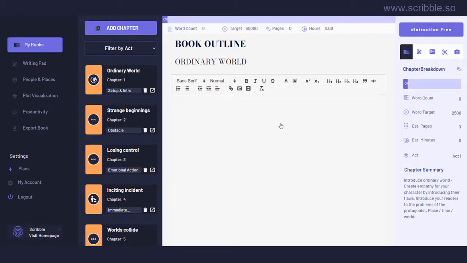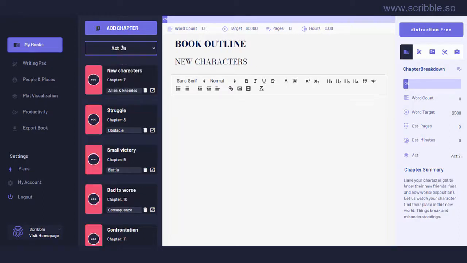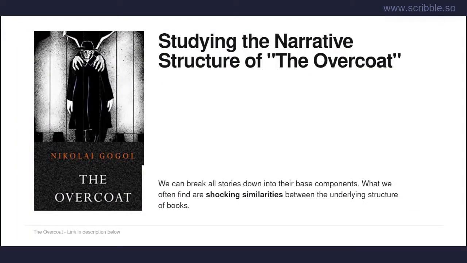Now notice that I have 24 chapters added to my story, which give me a basic structure which I can use as a jumping off point for the creation of my entire book. Now, I mentioned previously that this template is specific enough to give you guidance, but general enough to give you space to be creative. So if you want to see this in action, I actually broke down a critically acclaimed